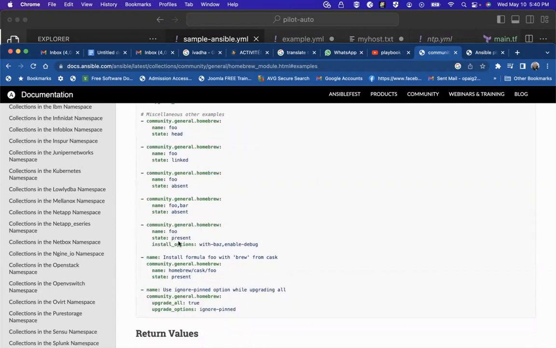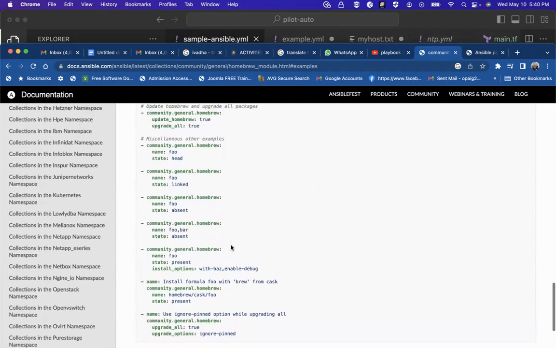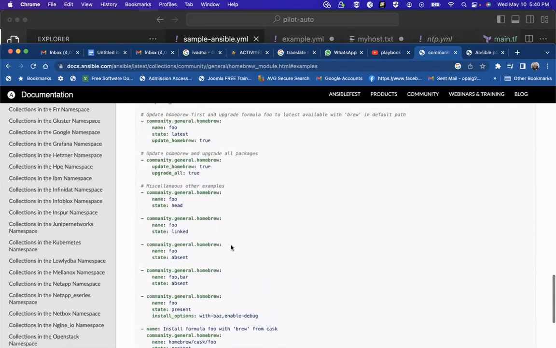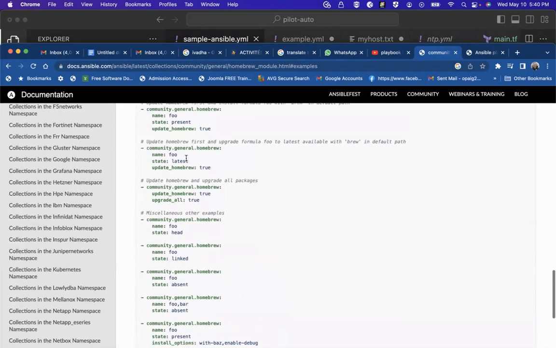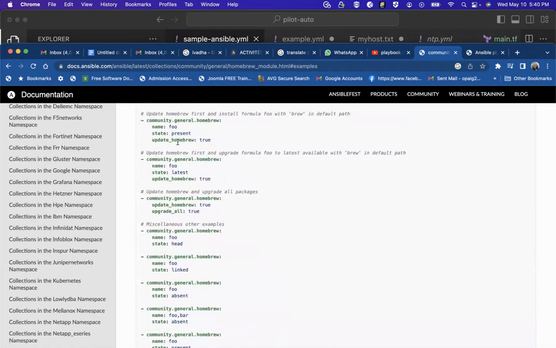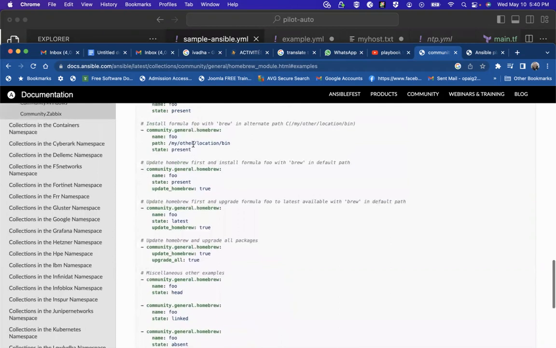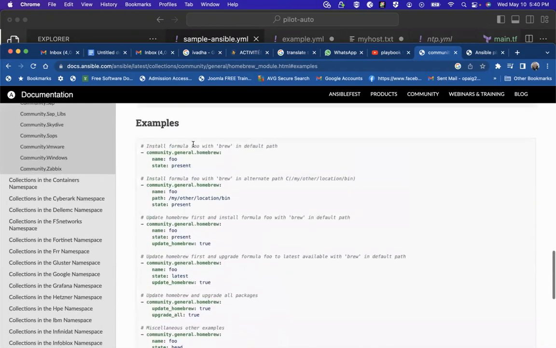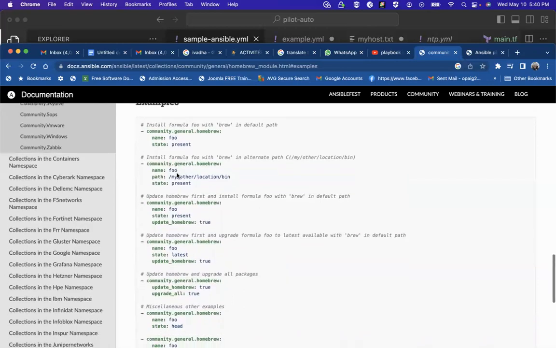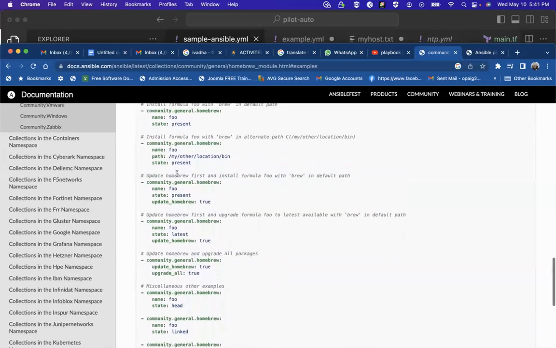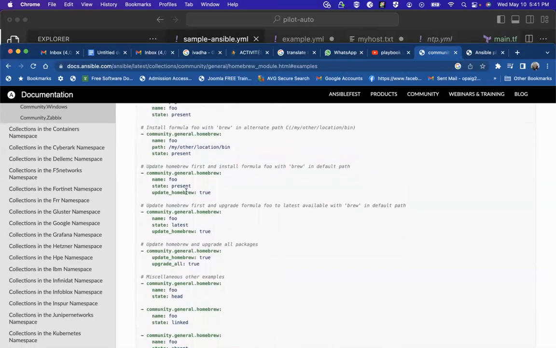Name for state present install option. Understand. So let's look at name update Homebrew true, state update Homebrew true, for community Homebrew. Then let's install kind.